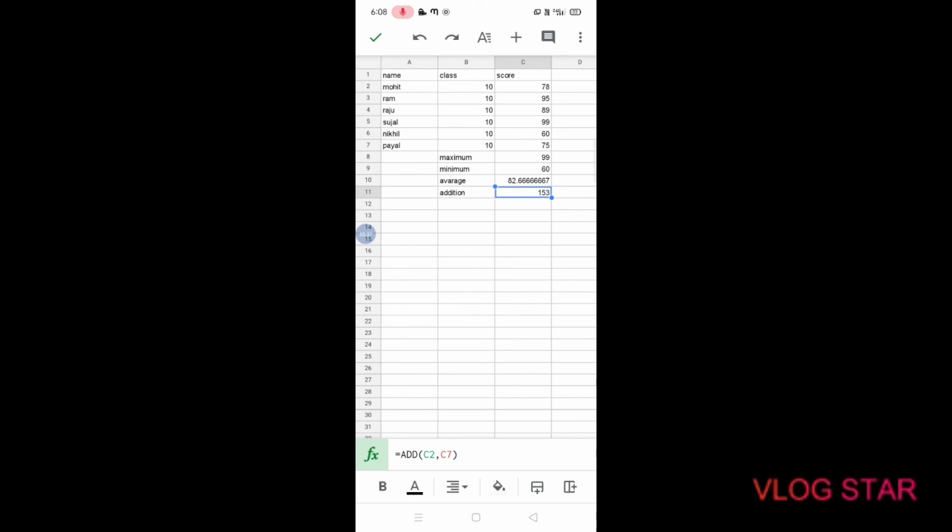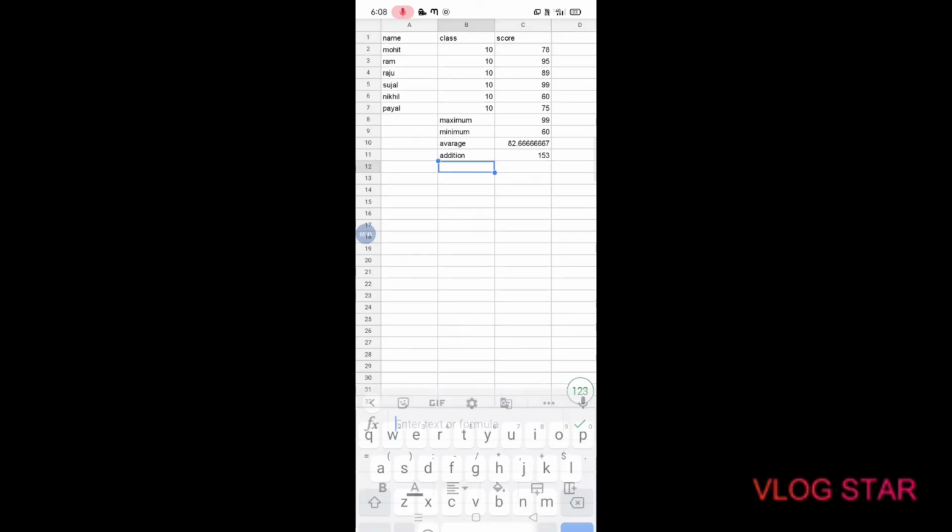Here is a sum of C7 and C2, but you can sum all of this. Here is not much time, so I will simply show you.